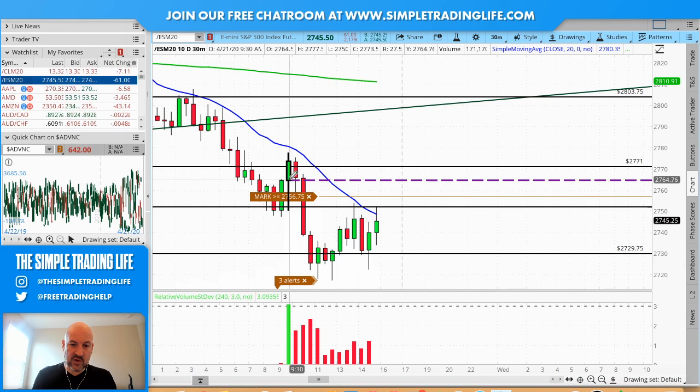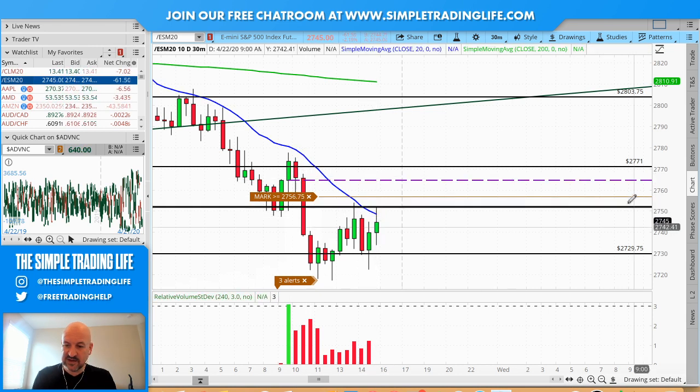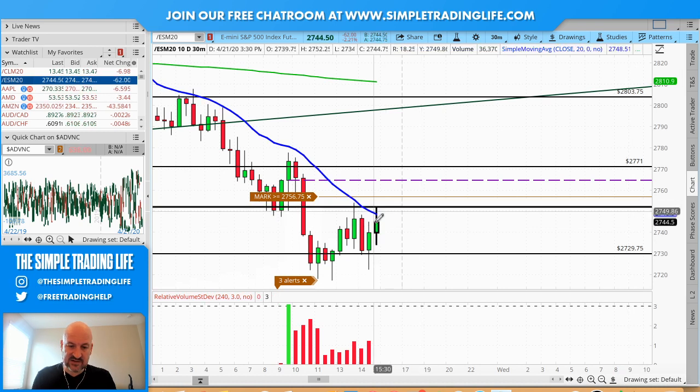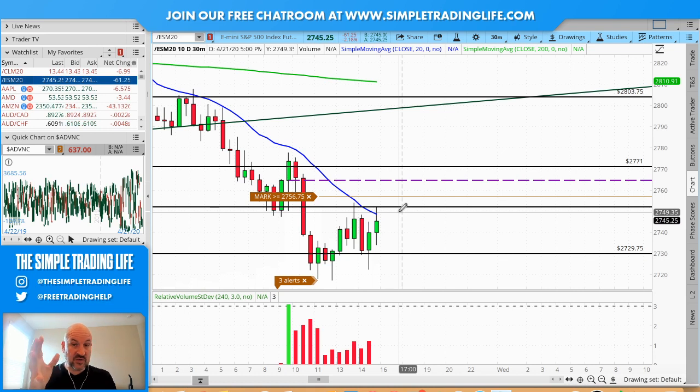Here's where we opened, right there. We went up and then we flushed down, right? So now as we're working our way back up, here's that wick on the 1 hour. If we can get by there, you see, come right back up here, and the top of this candle would give us a little bit of resistance. So far, we haven't been able to get through 27.52 though. Now it's selling back down. So you got that in conjunction with this wick right here causing some resistance. So you guys know what to look for.